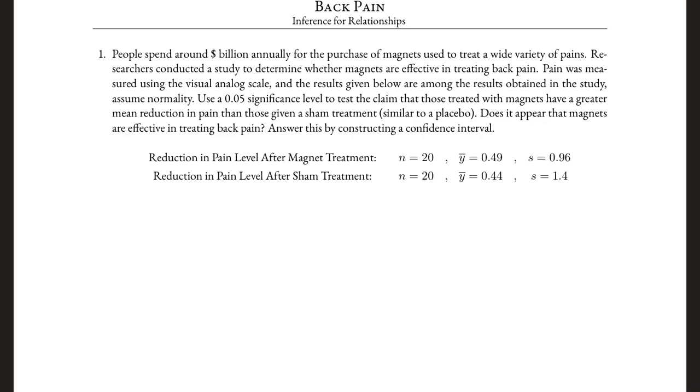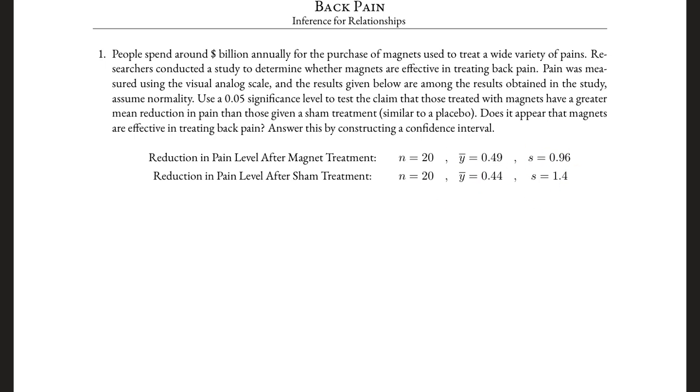People spend around $1 billion annually for the purchase of magnets used to treat a wide variety of pains. Researchers conducted a study to determine whether magnets are effective in treating back pain. Pain was measured using the visual analog scale, and the results given below are among the results obtained in the